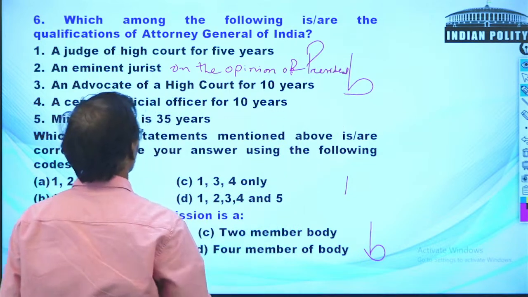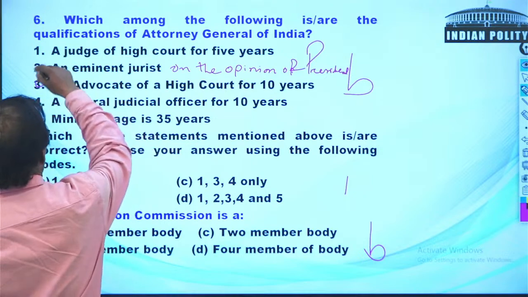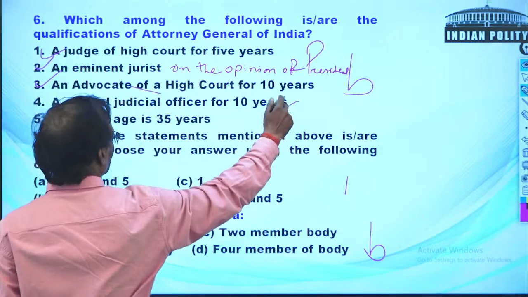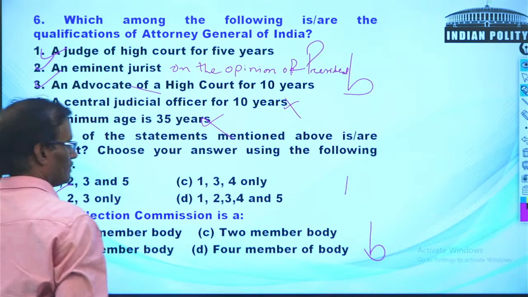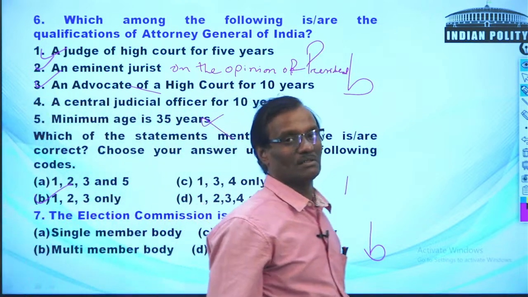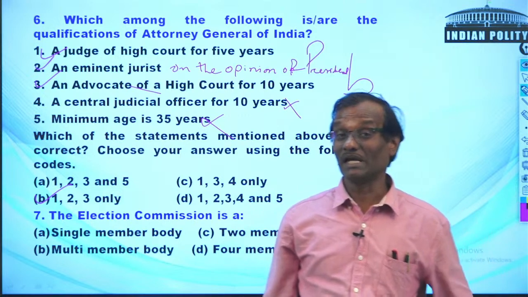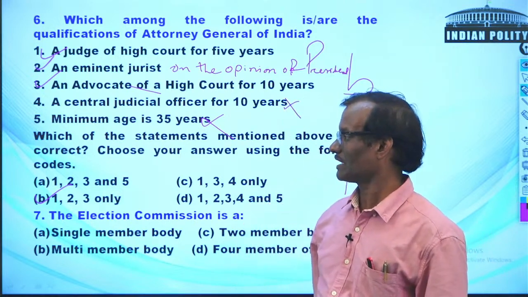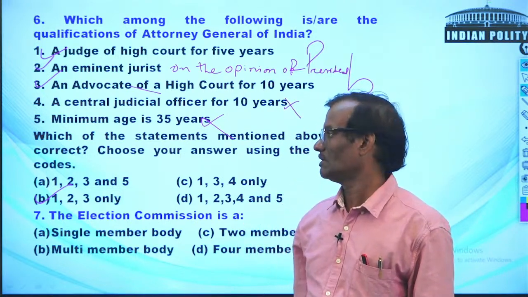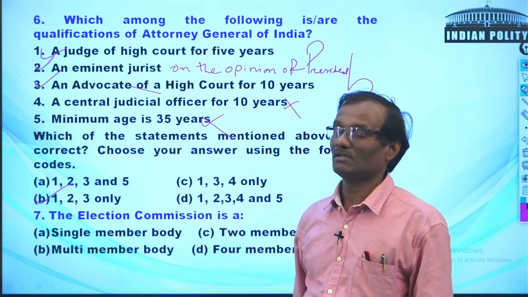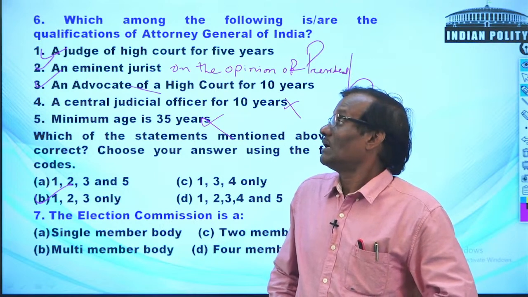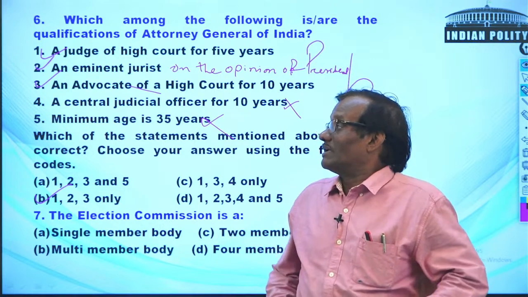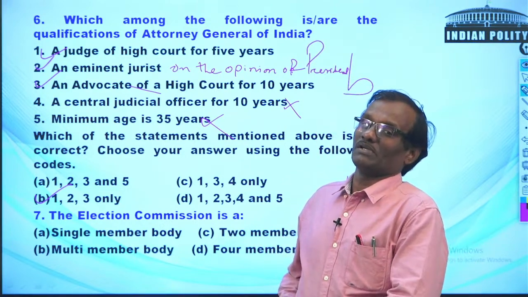And an advocate for 10 years. There is no such qualification like 10 years or 35 years, no age for that. So judges do not have any age qualifications. They can be appointed at any age, provided they have one of these qualifications, and another is citizen of India. So out of the three, a person must have one qualification